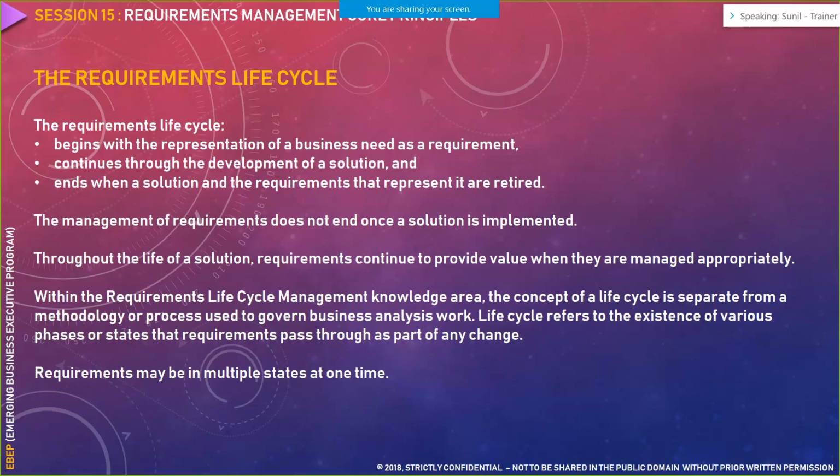So there are multiple scenarios in a particular project wherein the requirements are complete, but because the dependent requirement is not complete at this point of time, you cannot do this particular requirement. So this is something that you have to keep track of when you are doing requirements lifecycle management.